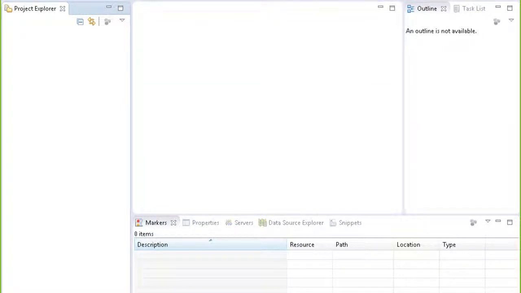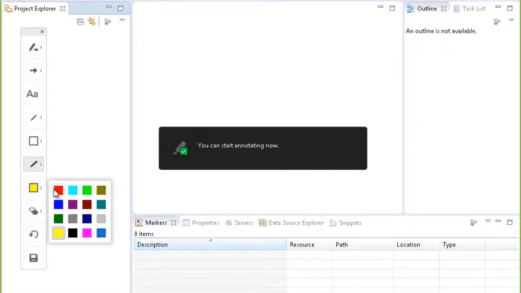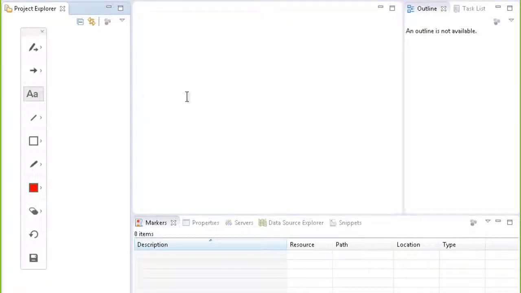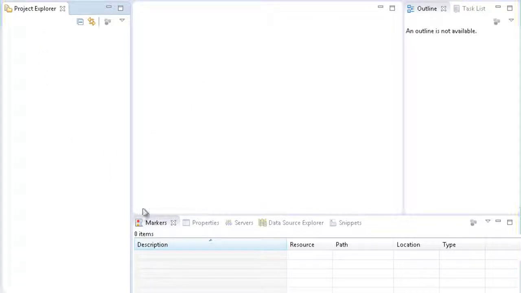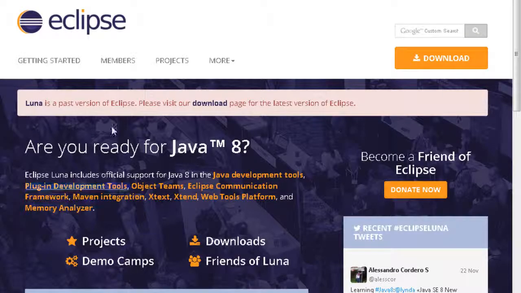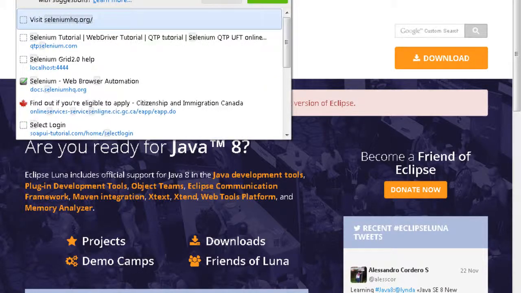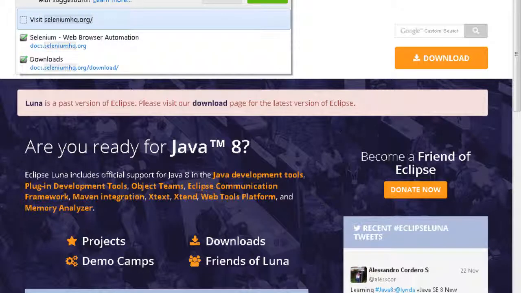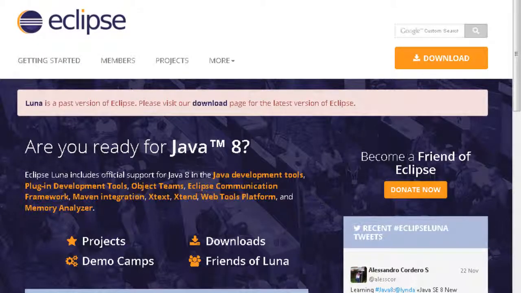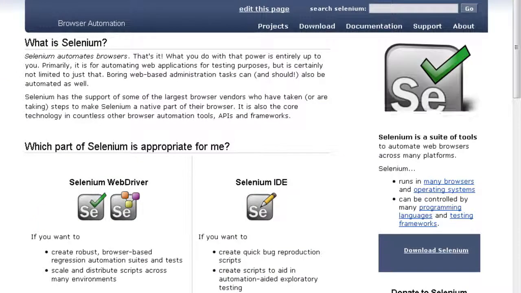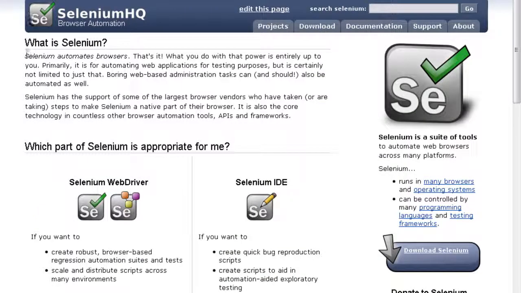What I will start off with is the concepts of object oriented programming, because this is where people go wrong. If you want to learn Selenium, you need to know the concepts of object oriented programming. If you go to the official website, seleniumhq.org, you will see the first line is Selenium automates browsers.